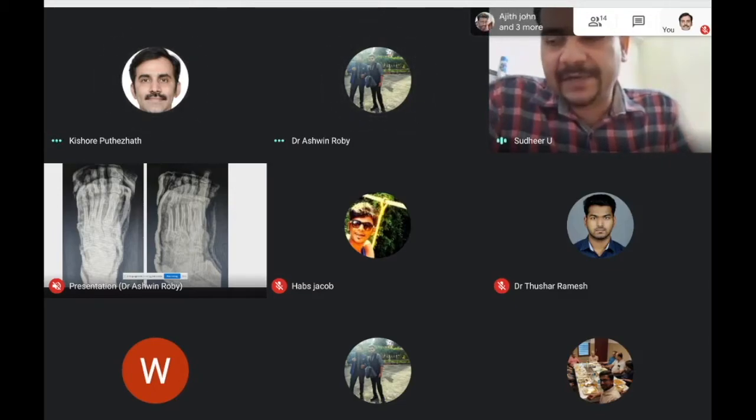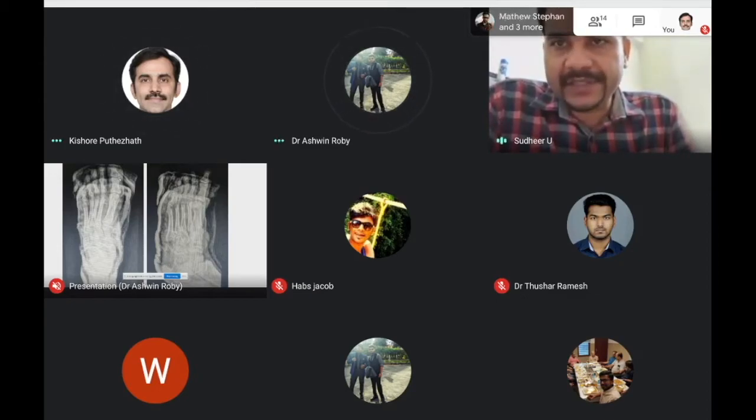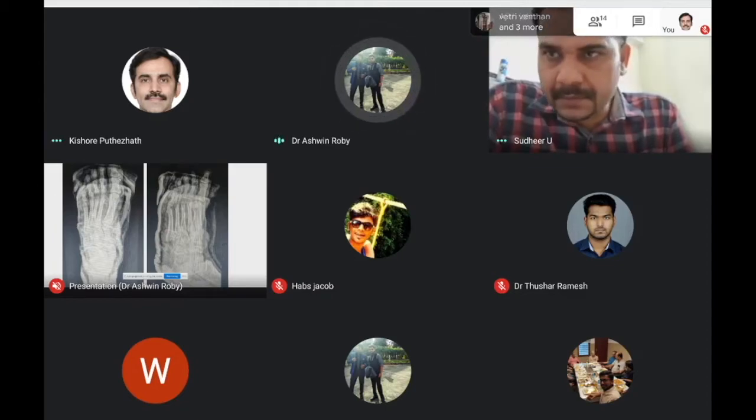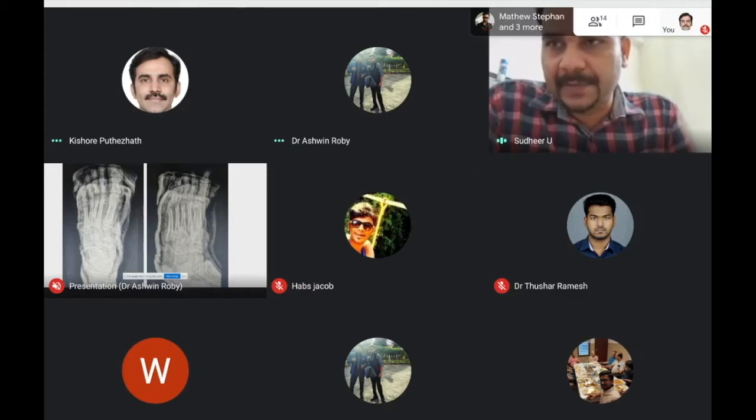Suppose it's a stable reduction, will you go for fixation? After closed manipulative reduction, you find it is stable, then will you go for fixation, or you just treat conservatively? Suppose the skin condition is okay. Sir, if there is severe pain and this is an open injury, sir, we have to anyway go for fixation. Not in this case. You had a Lisfranc, you reduced it, it appears stable, and you put a slab. And what's your treatment plan?